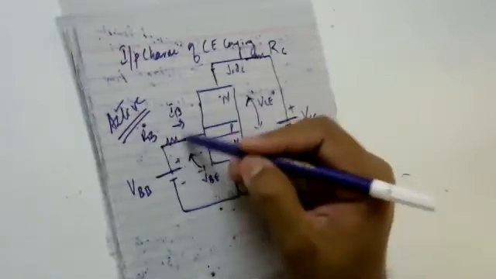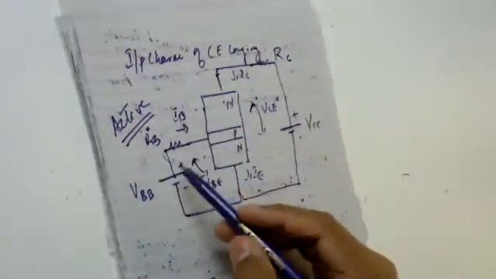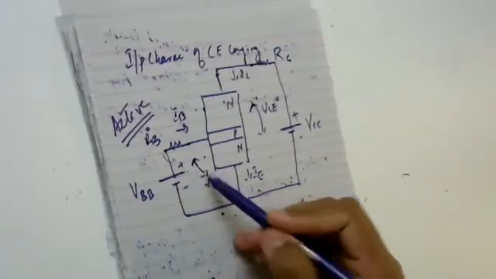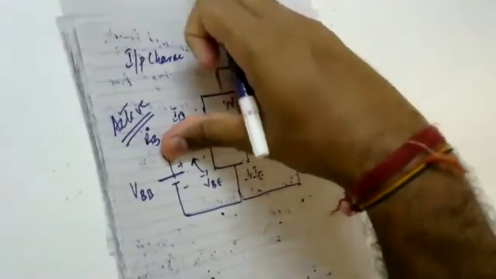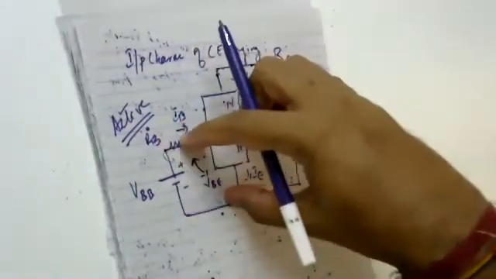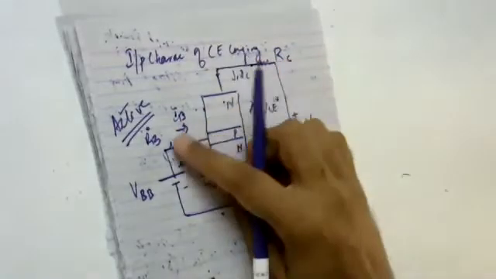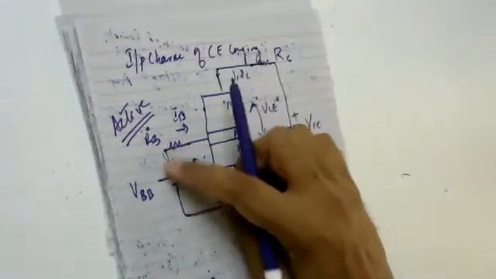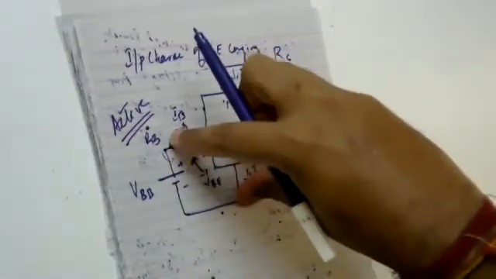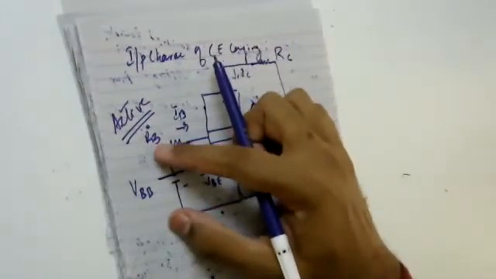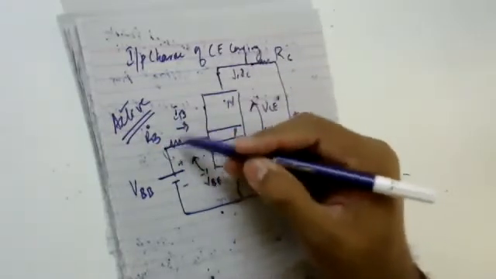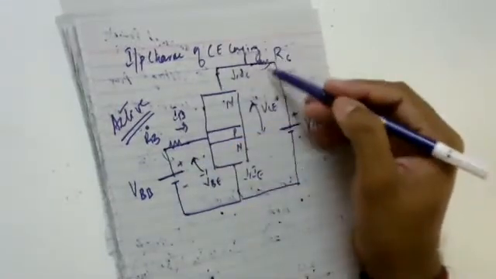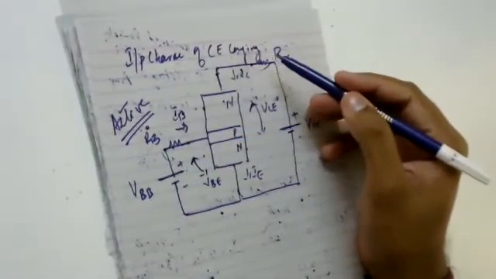If we include this resistance RB, then VBB will not be equal to VBE because there occurs some drop. Since I am ignoring this resistance, now my VBB is equal to VBE. I hope you are able to understand this. Since this resistance is not included in the circuit, your VBB is the same as VBE. But if the resistance is included, then your VBB will not be equal to your VBE because some small voltage drop occurs across this resistance RB. The same is true in the case of the resistance RC.